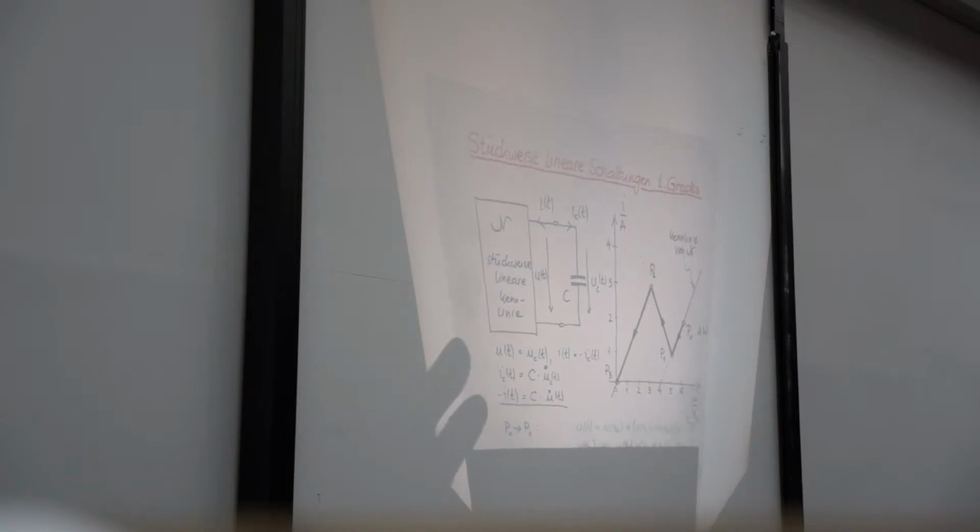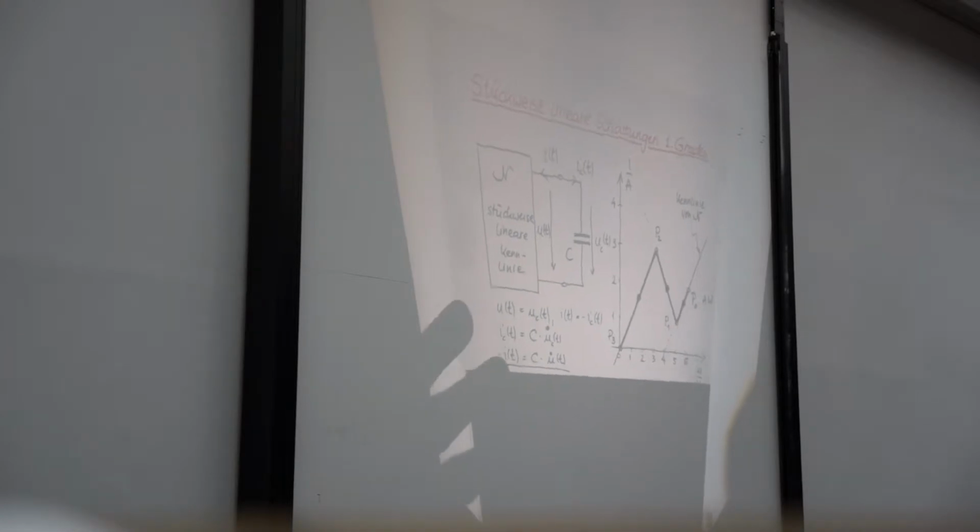linear. In our example, it has 3 branches. And this port is terminated with a capacitor, and we have the usual equations for port voltage, capacitor voltage, port current, capacitor current, and more important, the relation between capacitor current and voltage. And we know, of course, that the current is equal to capacitance value times the time derivative of the voltage